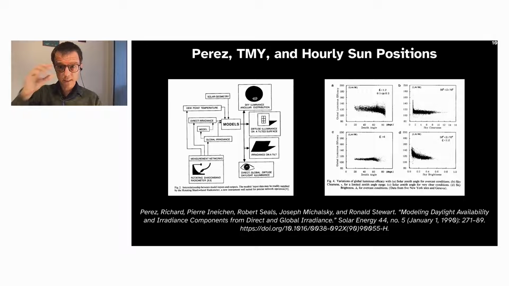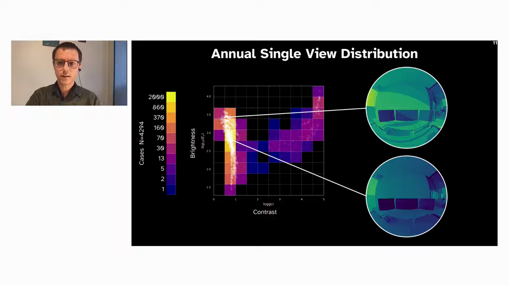So now moving back inside the building, this plot shows a single viewpoint and direction characterized by the relative brightness measured by the log of the vertical illuminance on the y-axis, and contrast as the log of a contrast term related to those used in glare metrics like DGP and UGP, except without any total energy dependence throughout a typical meteorological year. For this distribution to be meaningful, it needs to be representative of the likely experience of the future